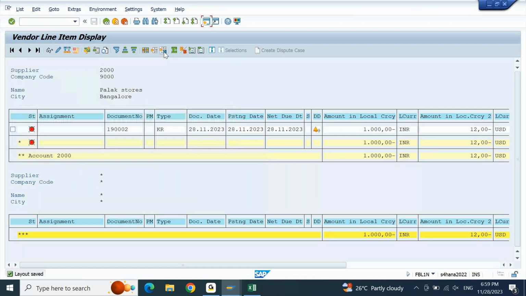Okay, now we are able to see transaction like this. Amount is 1000 INR, $12 in the group currency. This is outstanding today. First, what I will do, I am trying to process this manual payment. Now, whenever you are trying to process manual payment, there are two options. Option number one,